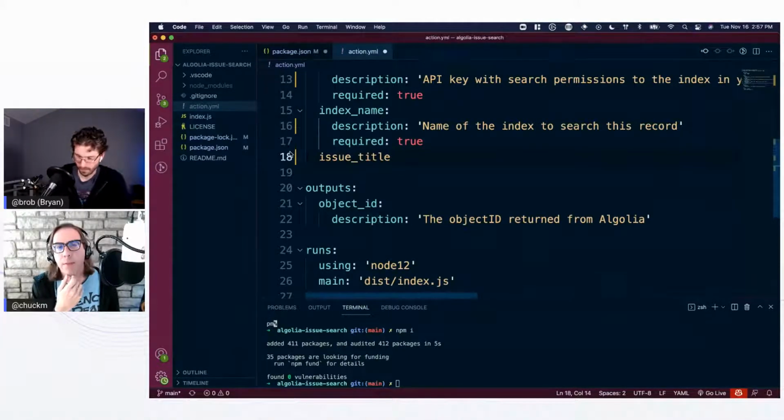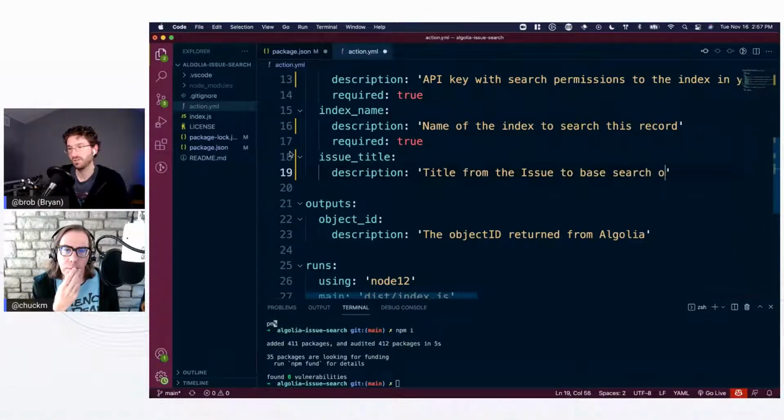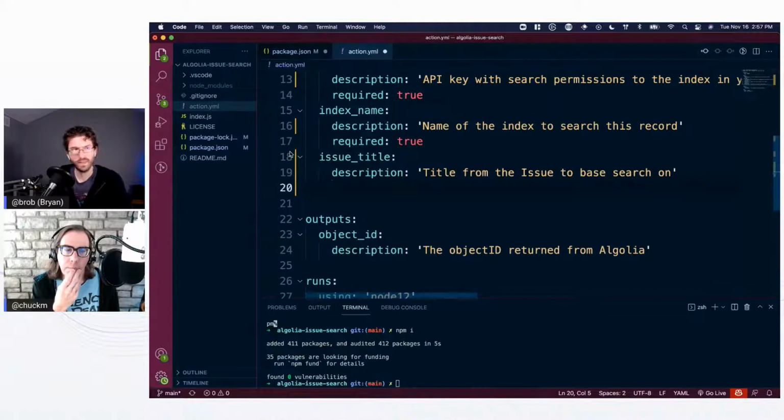They can submit everything they want to search against as a stringified JSON. No, I'm just kidding. Yeah, exactly. Title from the issue to base search on. And this is required. Yep. Right. And the output will be,